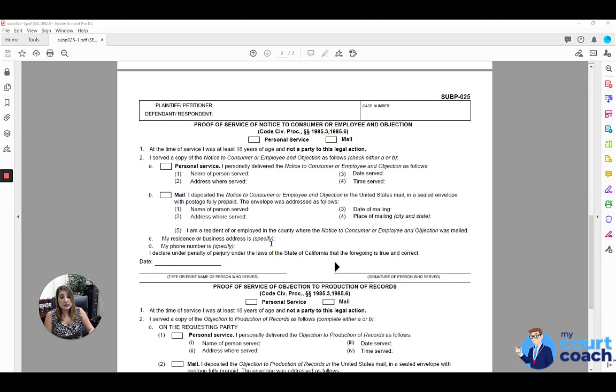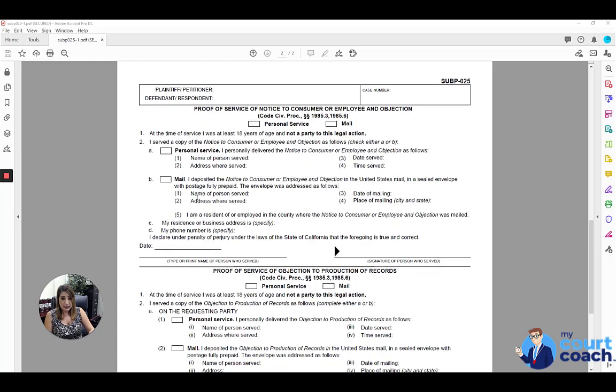As with all service, you want to have someone that is over the age of 18 and above, and not a party to this case, do your service for you, and they need to indicate whether the service is being done by personal service or by mail. If by personal service, mark box 2A, have them fill in the name of the person served, the address served, date, and time. If the service is done by mail, then they need to mark box 2B and